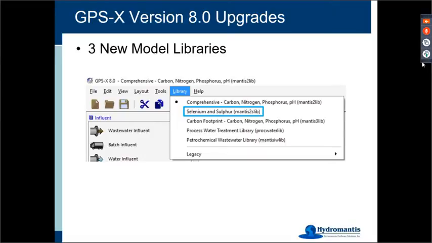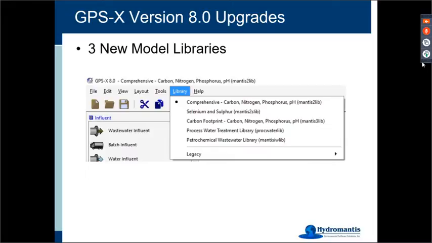We have a process water treatment library as well. So that means that's water treatment as opposed to wastewater. Primarily it could be used for drinking water modeling. It could be used for process treatment for industry. And we also have a petrochemical wastewater library for treatment of refinery wastewaters as well. So those are all new areas that we've been moving into. And so you can see more details about that